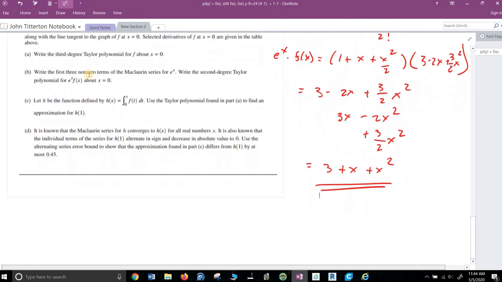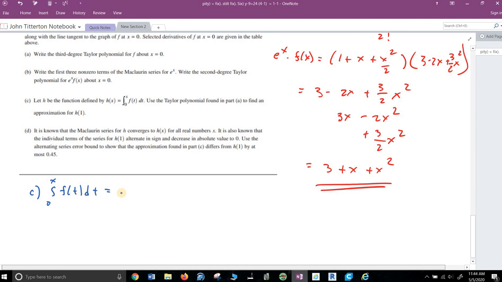And then C, they want the integral of part A. So we got this part B kind of hanging out in the middle of nowhere. So the integral from 0 to x of f of t dt